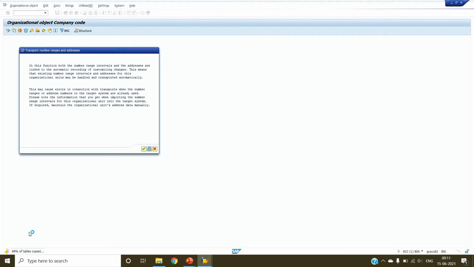Okay, it is almost finished, 70-80% is done. Now it is showing some other tables are getting copied.